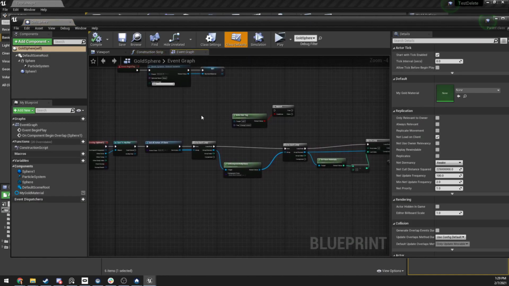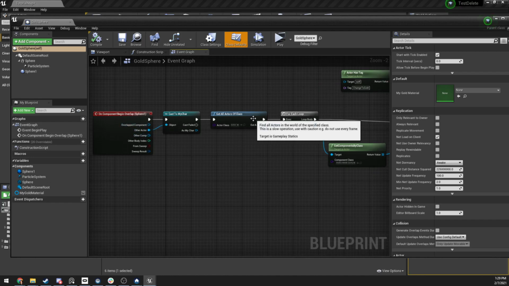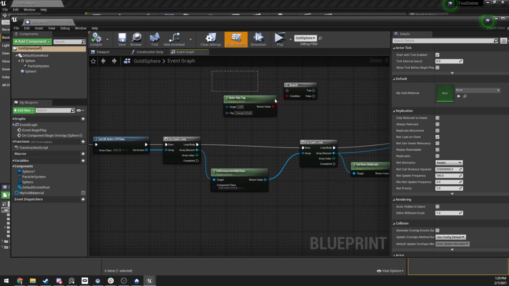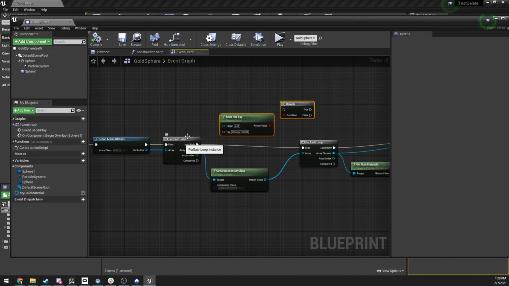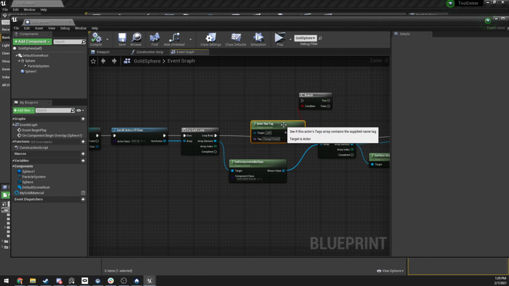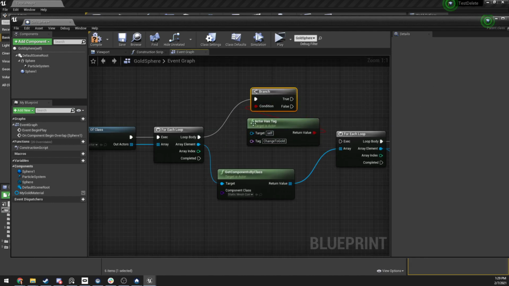And this time, the only difference I'm gonna do, before we checked the overlap, made sure it's the character, got all the actors, for each one of those actors, we get this, if it has a static mesh component, we're gonna get every static mesh, but this time we're gonna do a check. So I'm going to come off the loop body for every mesh. And if